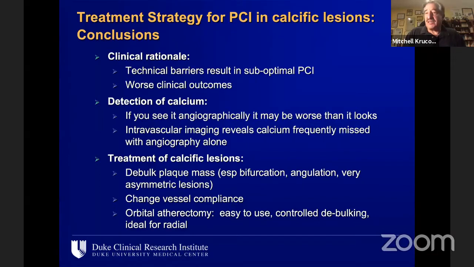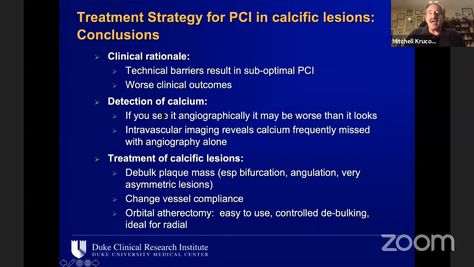sufficiently to change the clinical outcomes, we're currently enrolling in the Eclipse study. This is a prospective randomized trial between stenting and orbital atherectomy plus stenting in heavily calcified lesions. Enrollment was interrupted for about 3 months by the pandemic, but we are back enrolling again. And I think that'll give us a look at whether using more tools and creating better looking results translate to better clinical outcomes, but my prediction is it will.